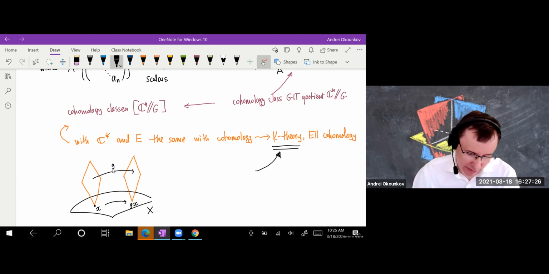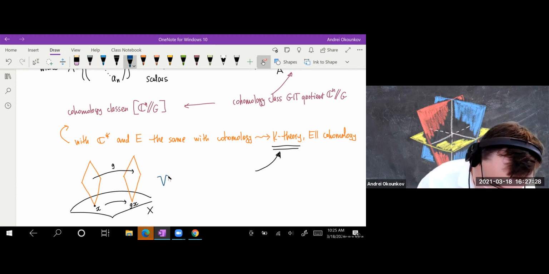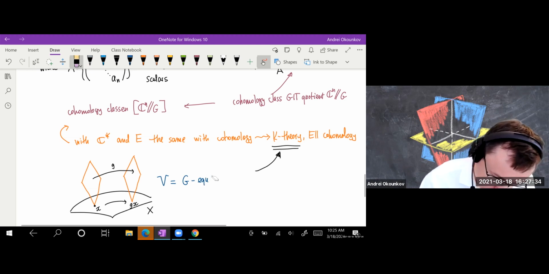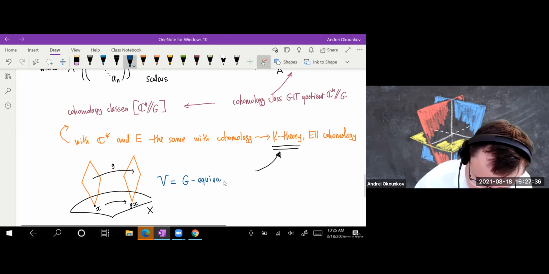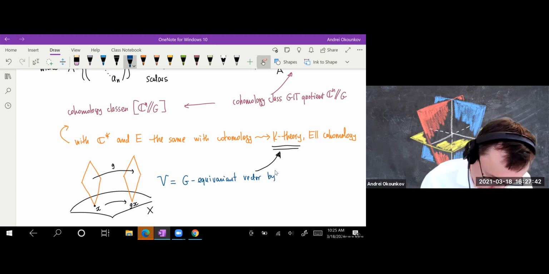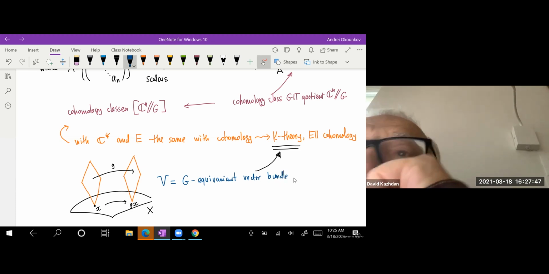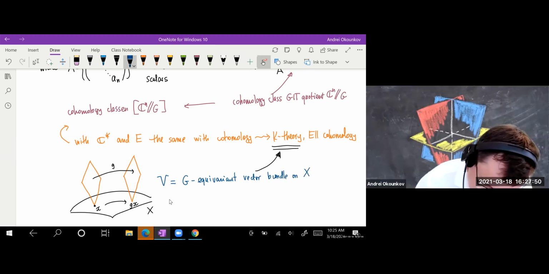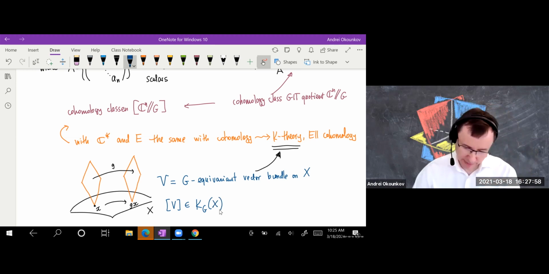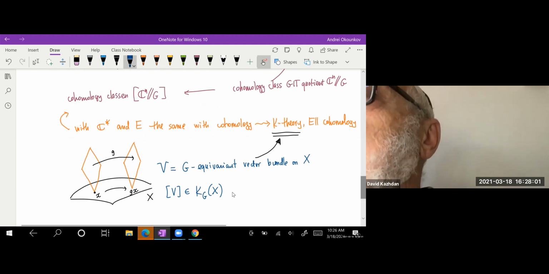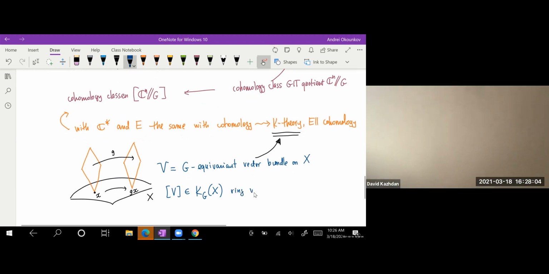Right. So if I have V, a G-equivariant bundle on X, it defines a class in this G-equivariant K group of X. And this is a ring with operations